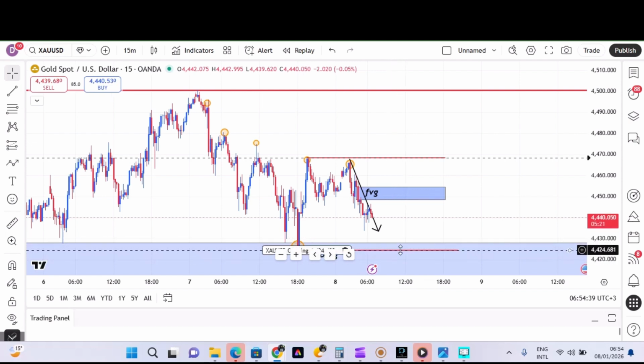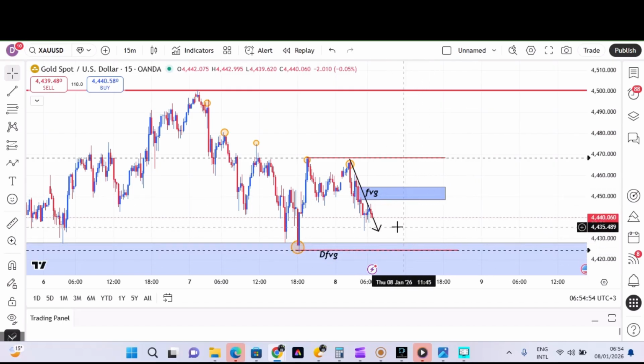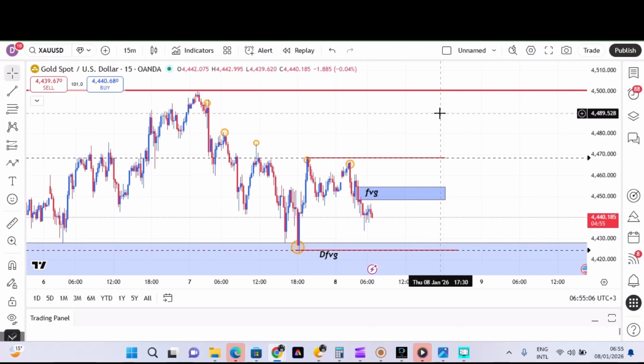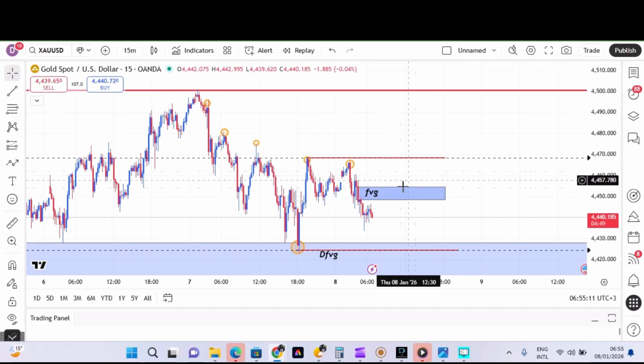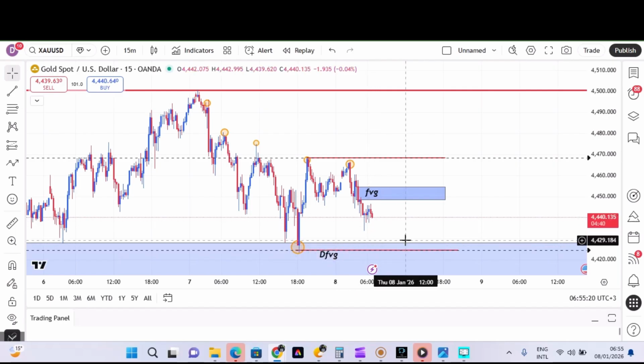Whatever happens here will show us the indication of gold moving either up or remaining here, consolidate, wait for some London open, sweep some liquidity, consolidate. London might range because of the news coming up in the New York. The New York will either distribute or London might manipulate, because this is an accumulation. So let's see whether London will manipulate, then New York distributes.